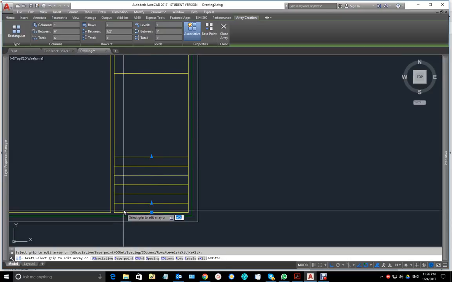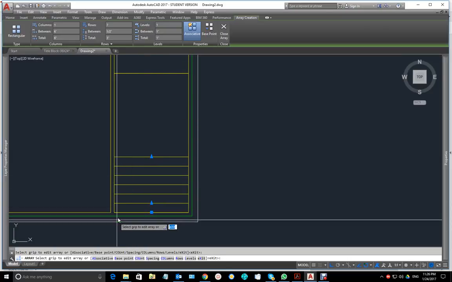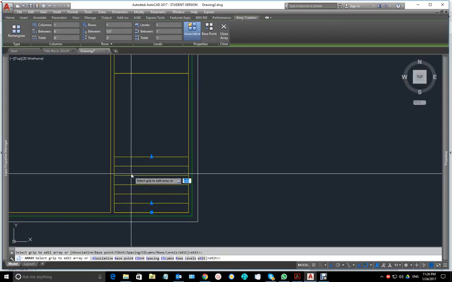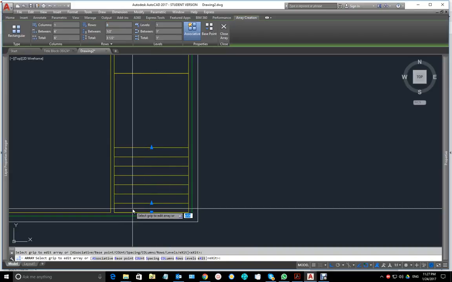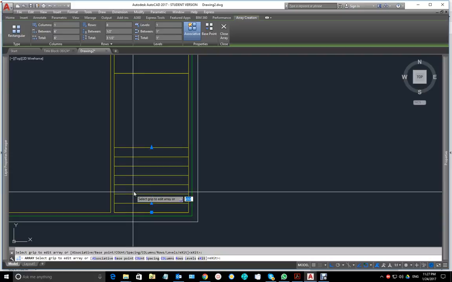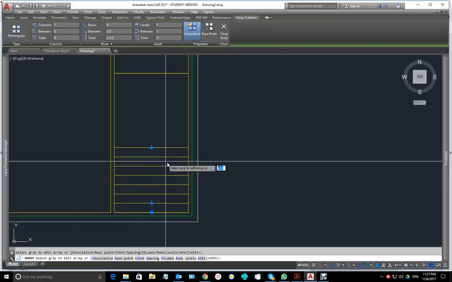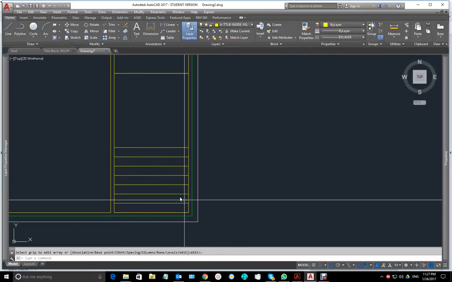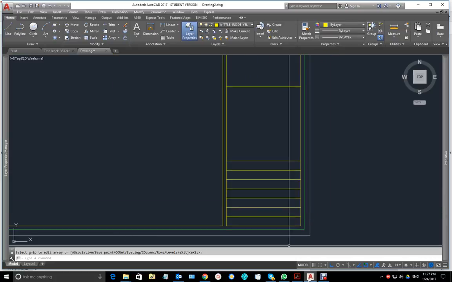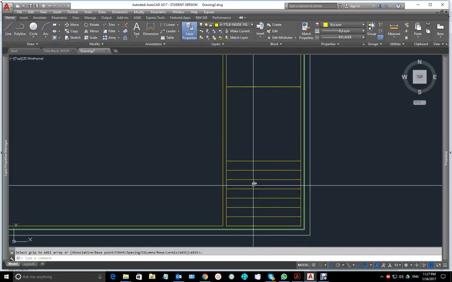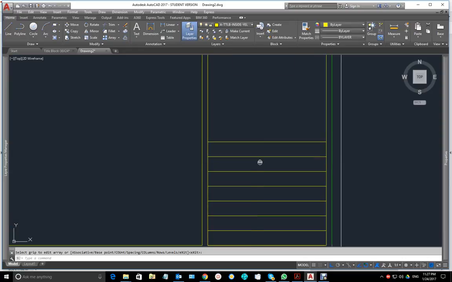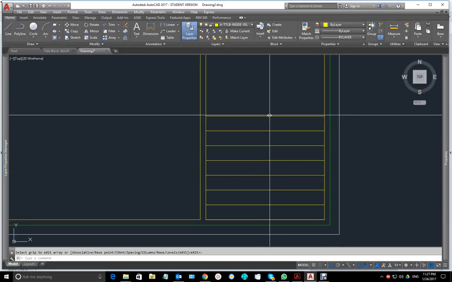Okay, so I think we need more than that. 1, 2, 3, 4, 5, 6. Okay, so we'll put 7, because we don't want to count the first one, so it will be 8 to give us 7 spaces. 1, 2, 3, 4, 5, 6, 7. Okay, perfect. Now I have this as an array, and by the way, I can explode this array to have individual